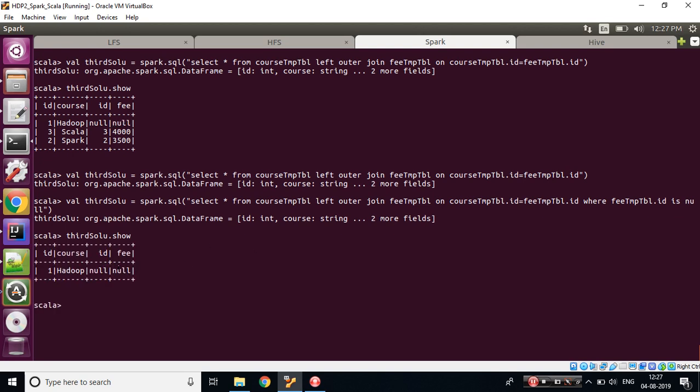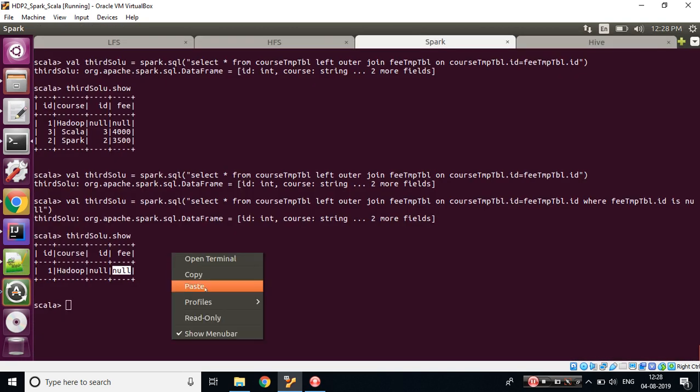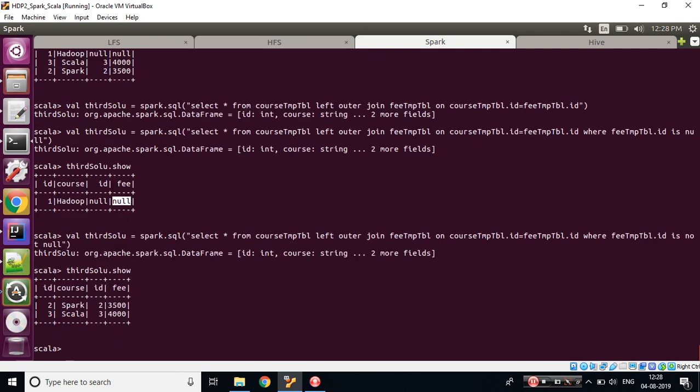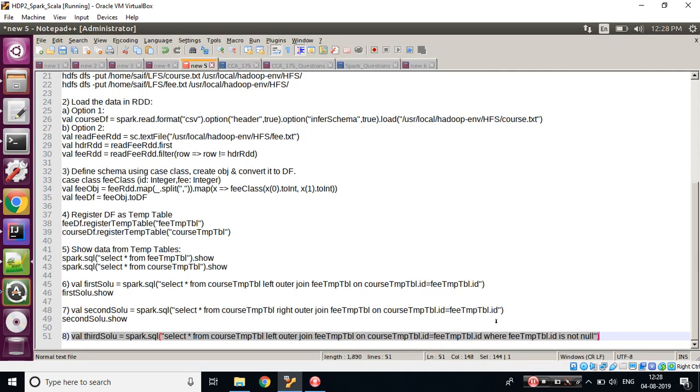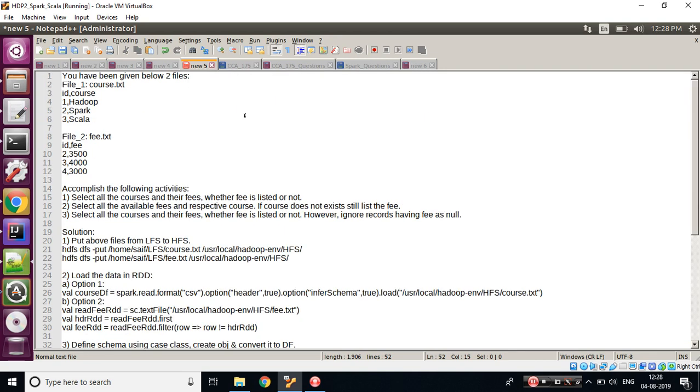Okay, so I just misread this, so it should have been is not null, which I had written earlier correctly. I just want to filter out the null record and show. Let's go here. Can you see we have filtered out the null record from here. So let me copy this, and this is the third solution dot show. So this is how we achieved the scenario